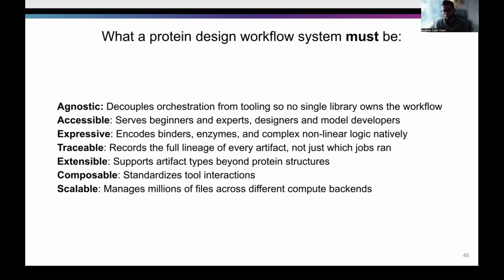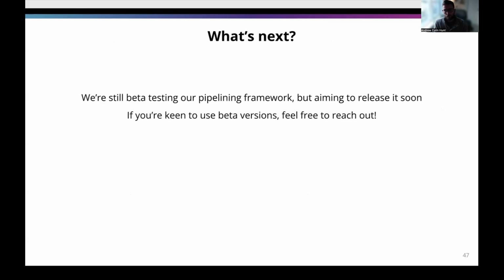So to reiterate my point from earlier, I think that a protein structure is an insufficient thing to base your protein design workflow around. There are other things that are critical, and the workflow, I think, should be extensible for that reason. It should obviously be composable, and then scalable. I think it should handle scale from I just want to do one test protein and be able to work with it easily, all the way up to I ran 1,000,000 diffusion trajectories, and it should handle all of those cleanly. So we spent a lot of effort on this,